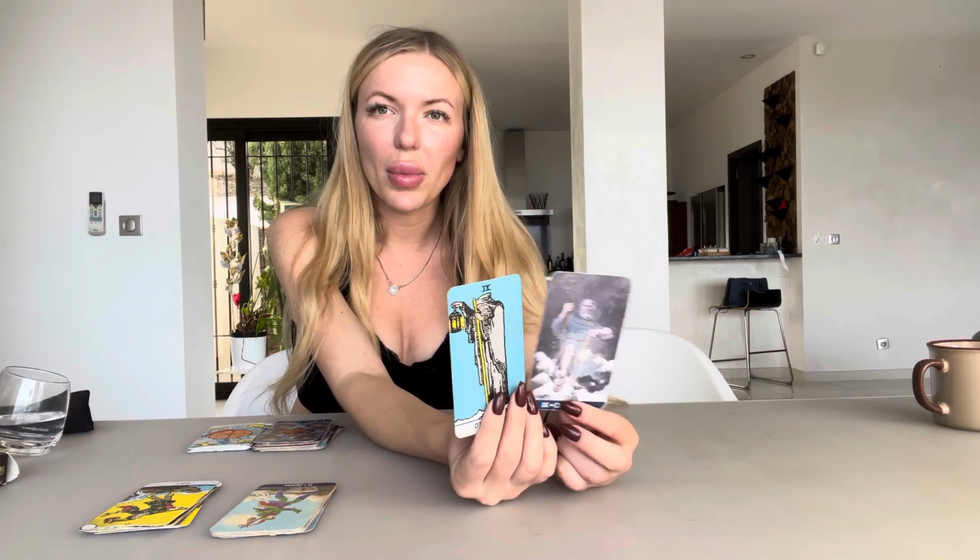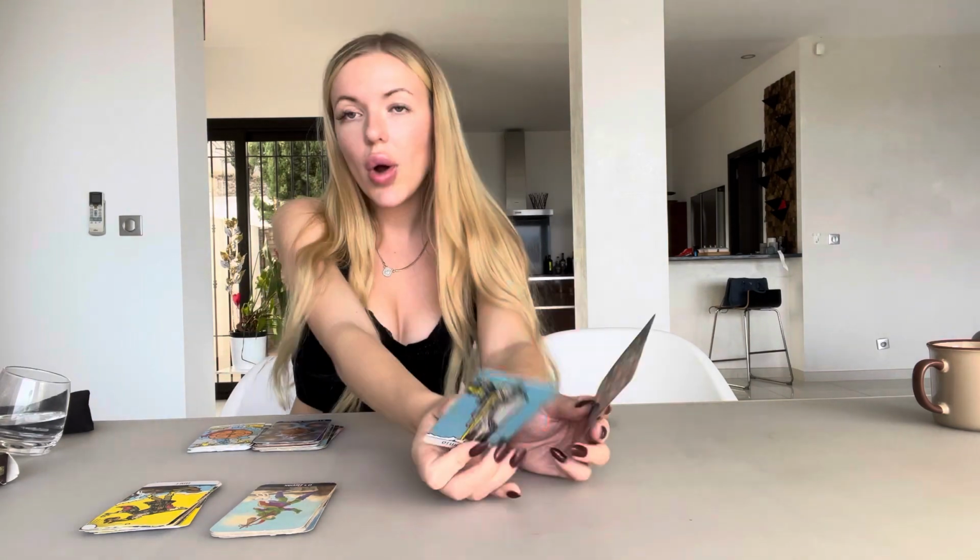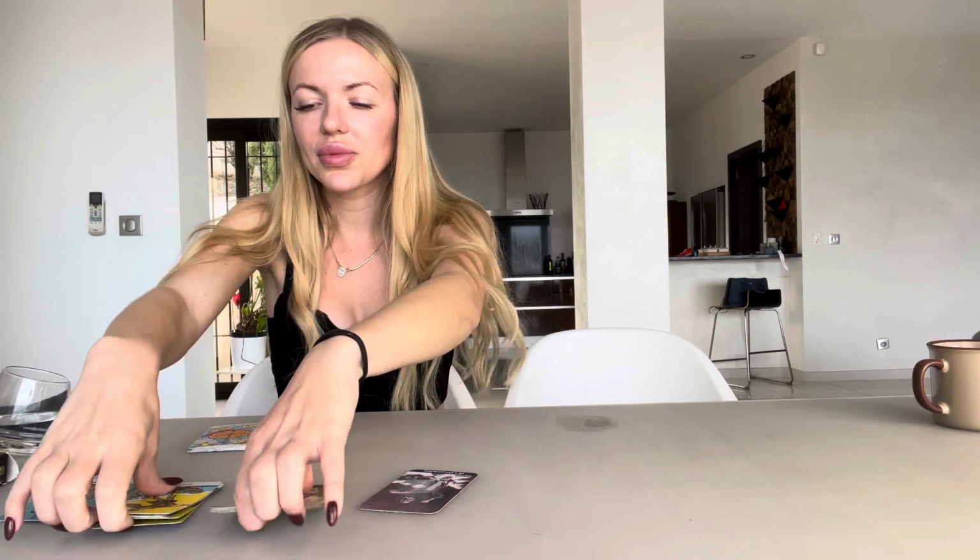For the future. And if we see, for example, the Hermit in upturned position, it means that the person cannot find his own path anymore. And you know, the most important task when we see cards in upturned position is to turn them upright. It's the first very important task. So after the Hermit,